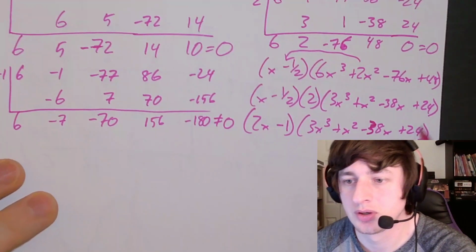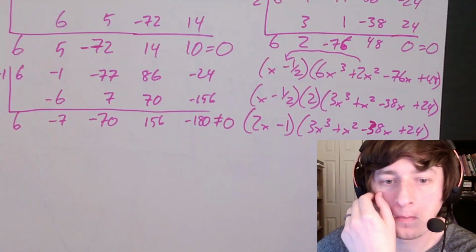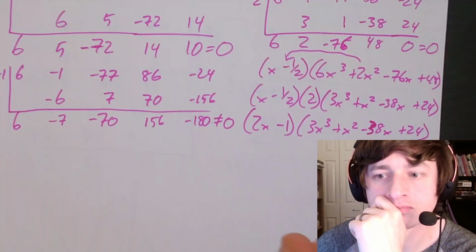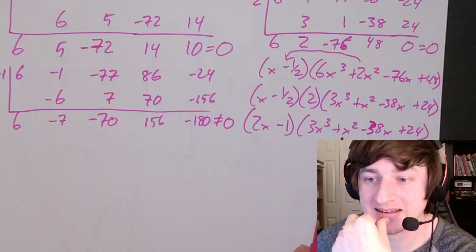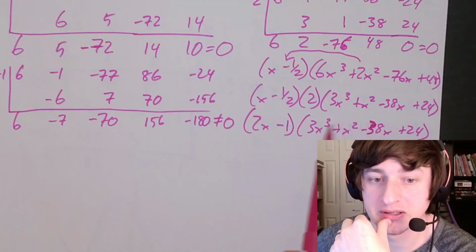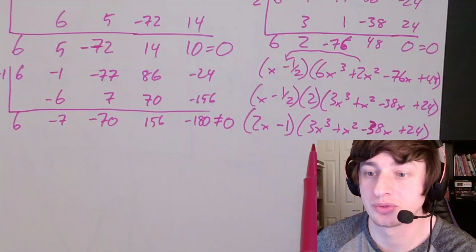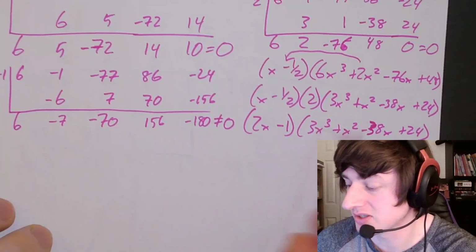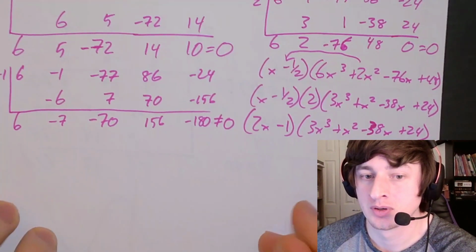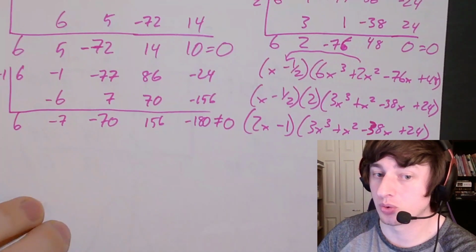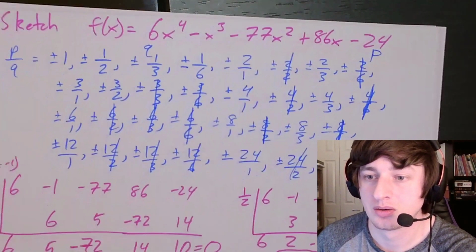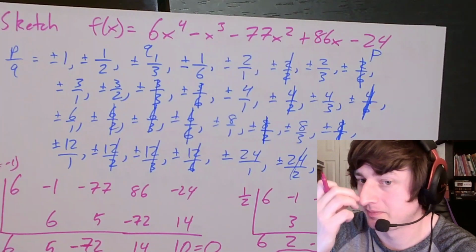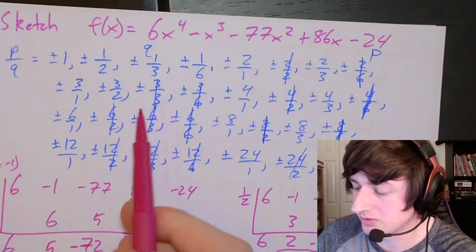x plus 24. This needs to be factored. It's not going to factor by grouping, and so we need to do the rational root theorem again, but just to this part. So we can use our list from before, but all of these that are now divided by 2